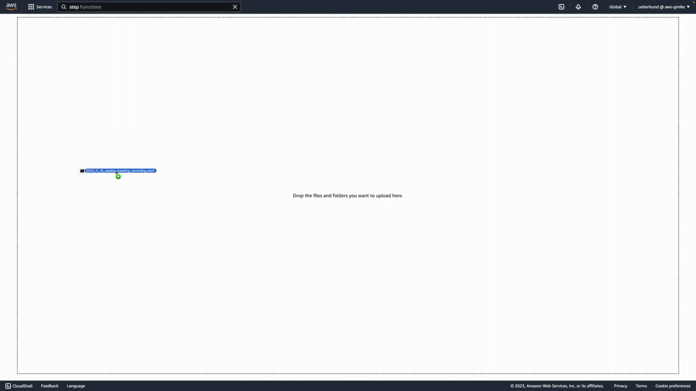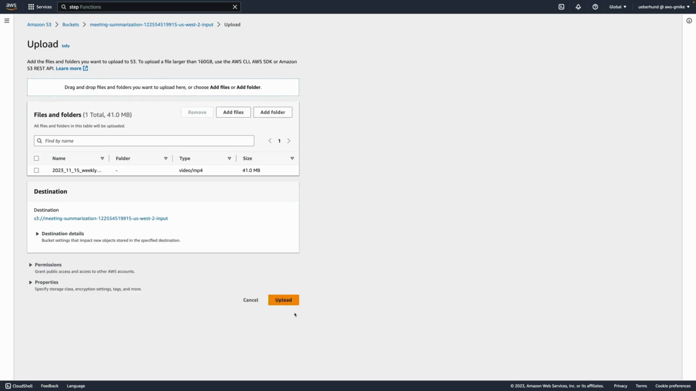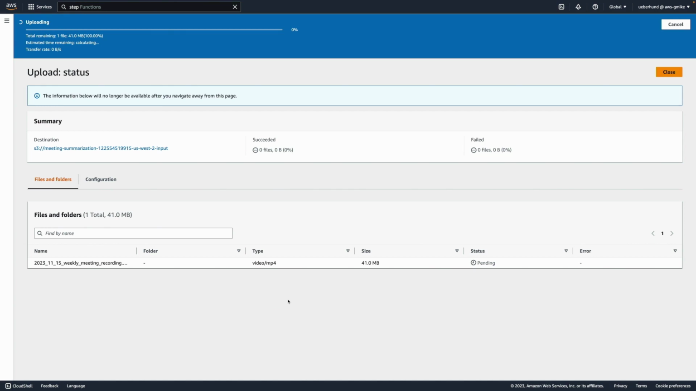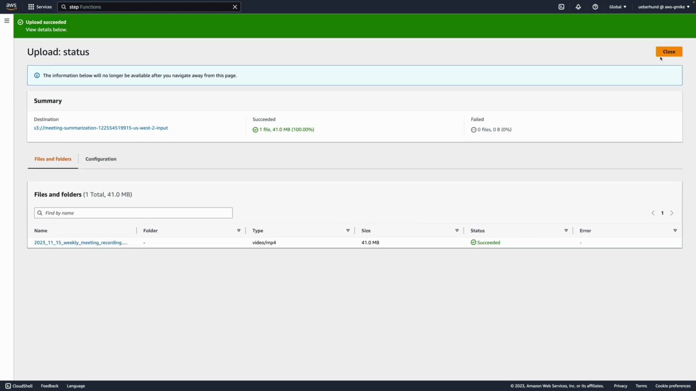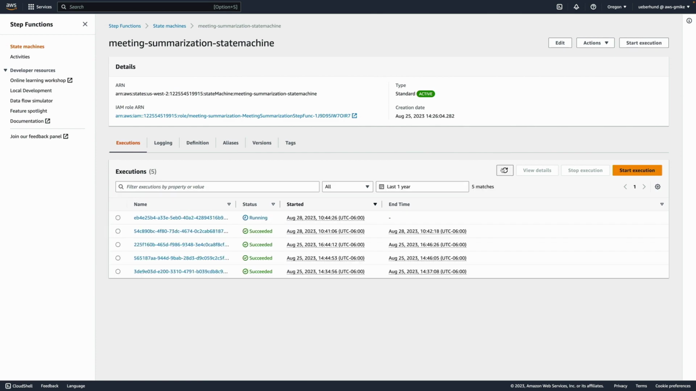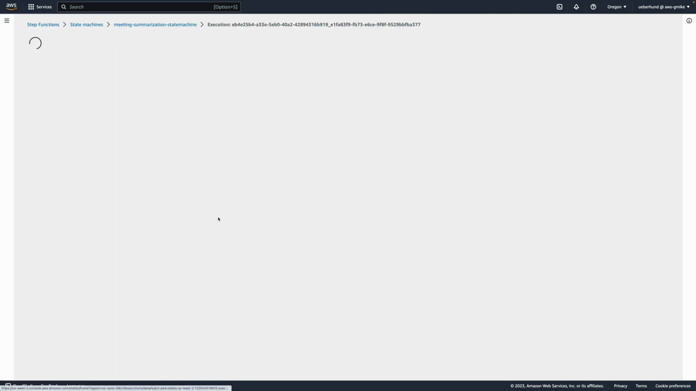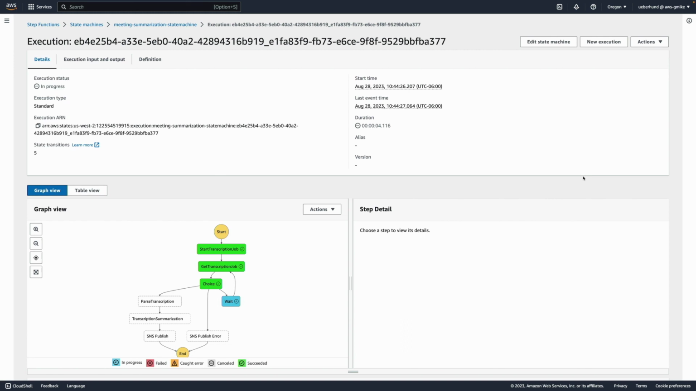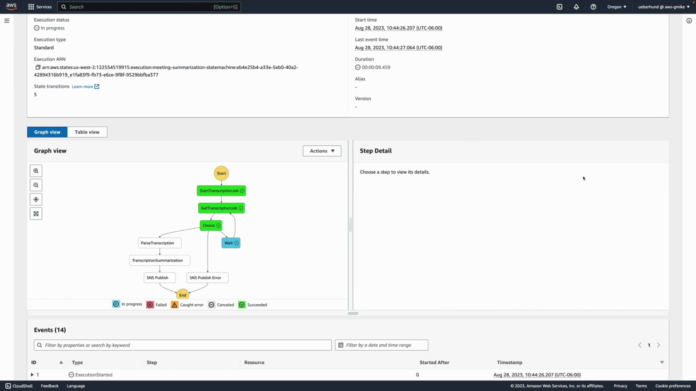I'm going to upload that video, and once I upload the recording of this meeting, I'm going to move over to the step function console, and we're going to see that I have a new execution of my state machine going. Okay, so here in my state machine, I can refresh this, and I see that I have a new execution that's happening. I click into that, and you're going to see the steps that I talked about, where I